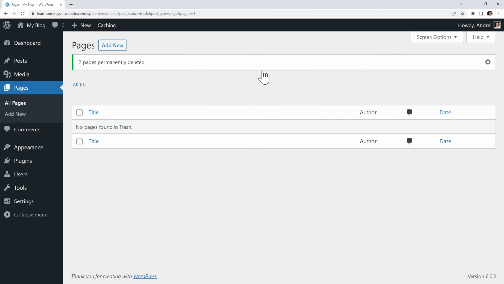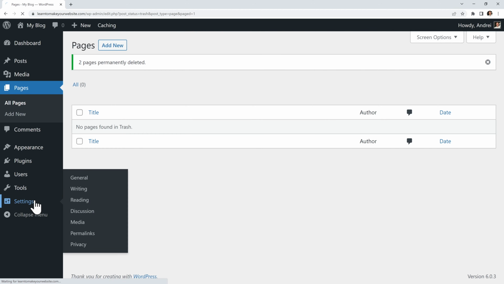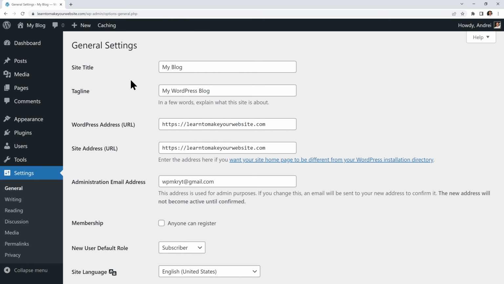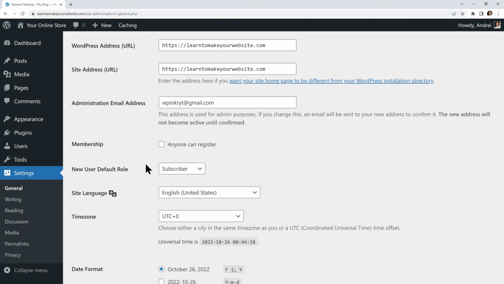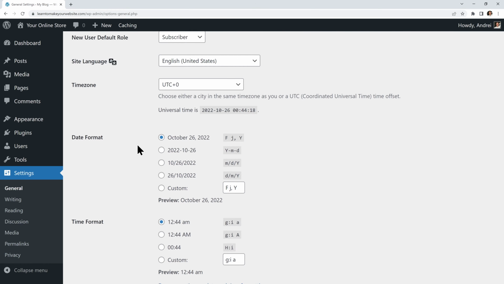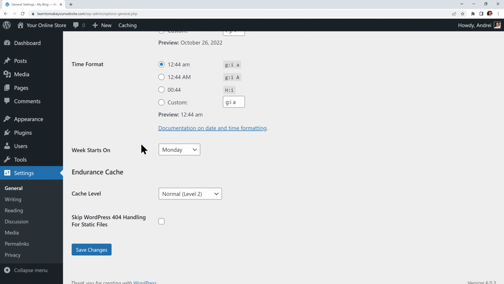Alright, and with that, we are ready to start together completely from scratch with a fully clean and fresh WordPress website. And let's start by changing our site's settings. We can find these under Settings on the left. In here, we can update things like our site's title and description. So I will write in your online store and step-by-step guide using WordPress. These two settings are very important and I'll show you why in just a second. Other things that you can change further down are your admin email, your site's language, your time zone, and more. You can always come here later and change those, but let's leave them as default for now